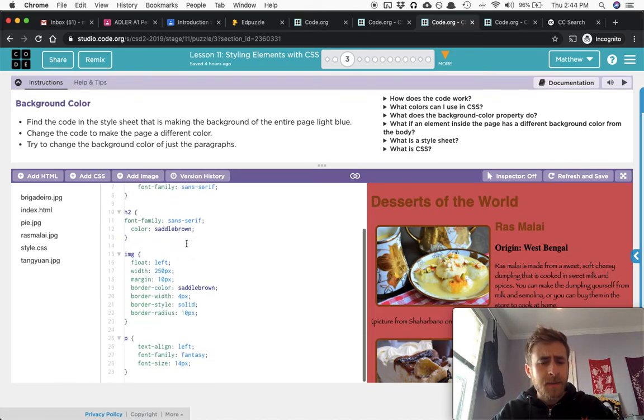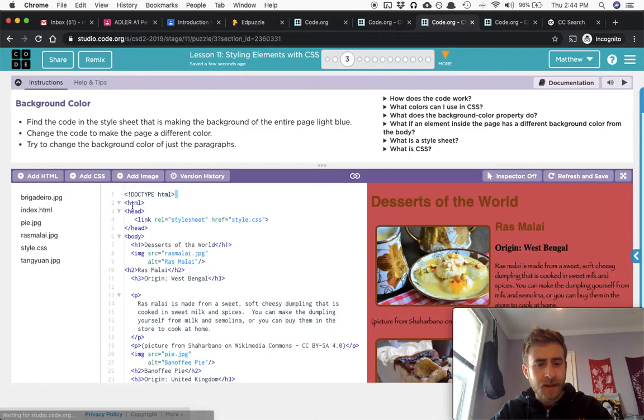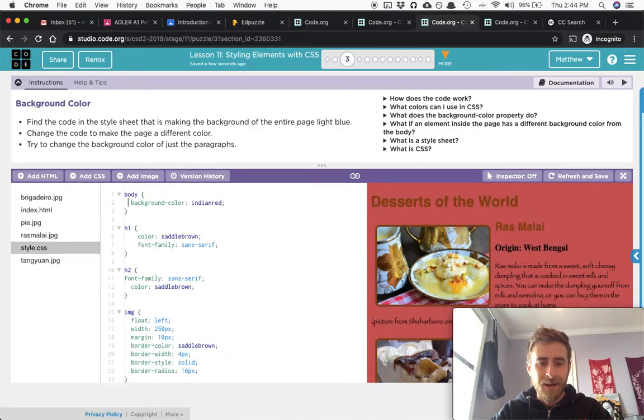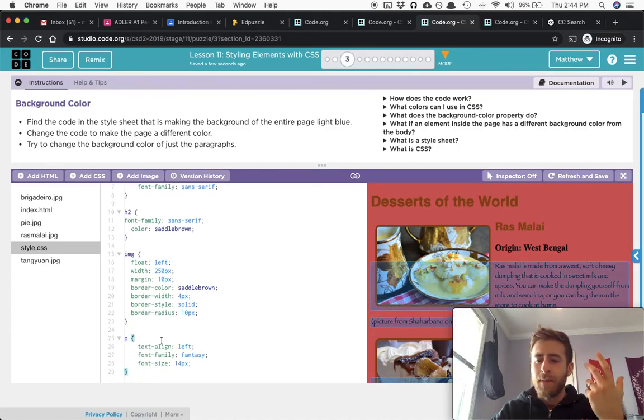Well, if I go down to my paragraph tag over here, and what changed the color? In body, I said background color. So if I do this, hey, why is it doing that? I guess I need to highlight it without pressing any fancy buttons on my keyboard. If I take this background color from body and put it into the paragraph tag,